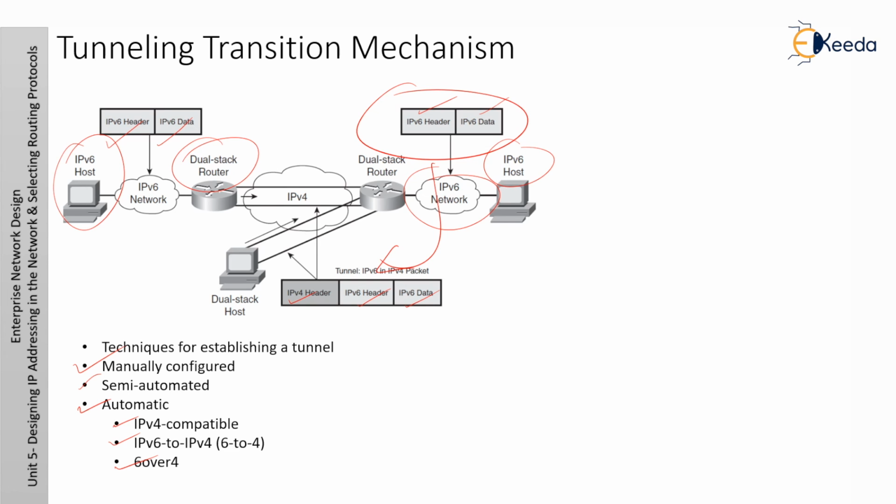Now come to IP version 6 to IP version 4, 6 to 4. The 6 to 4 tunneling method automatically connects IP version 6 islands through an IP version 4 network. In 6 to 4, each router has an IP version 6 address with a /48 prefix, that is a concatenation of 2002::/16 and the IP version 4 address of the edge router. Automatically means a router with 2002::/16, which is a specifically assigned range for the purpose of 6 to 4. Okay, the edge router